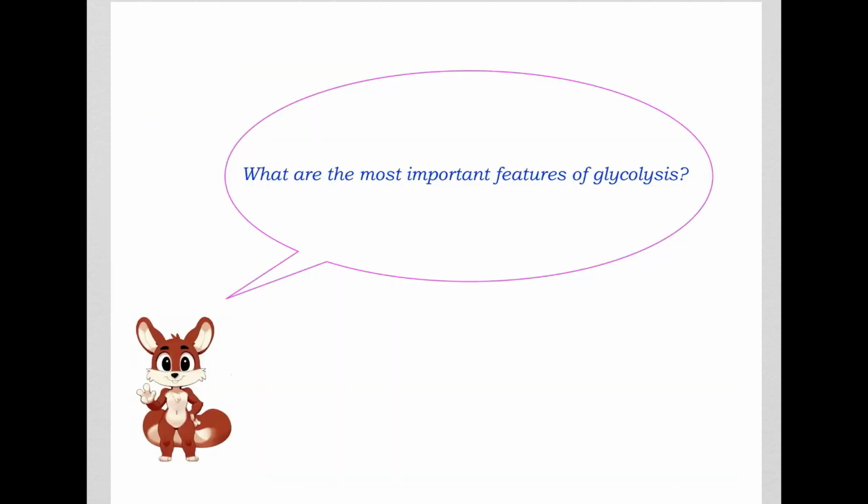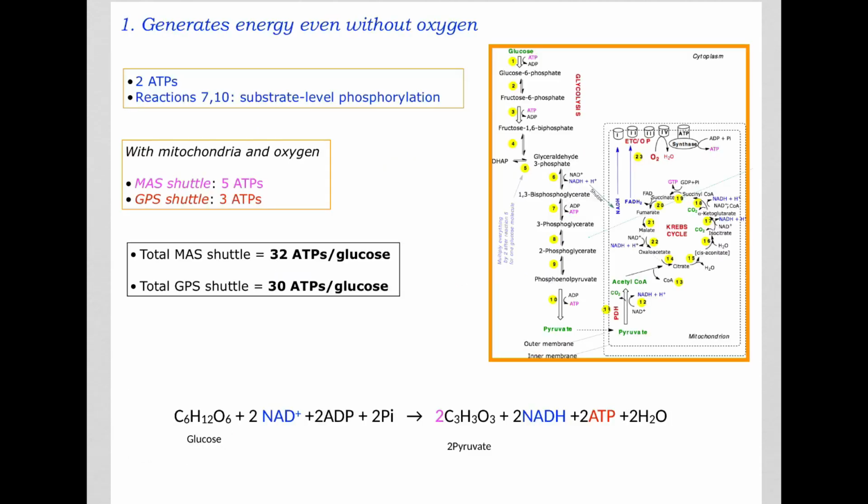So let us look at the most important features of glycolysis that will not only help you understand the big picture of human metabolism, but also show how glycolysis plays a very important role in human physiology. And as mentioned before, we'll always come back to the most important thing that human cells need, without which the cells cannot live and therefore humans cannot live, and that is energy. When we talk about energy, we usually are referring to this nucleotide ATP. As we discussed in the previous video,